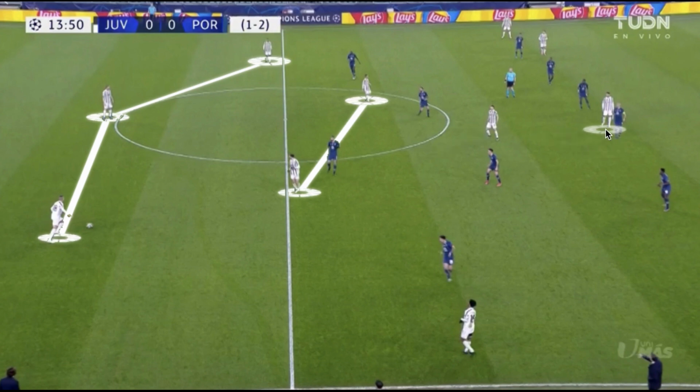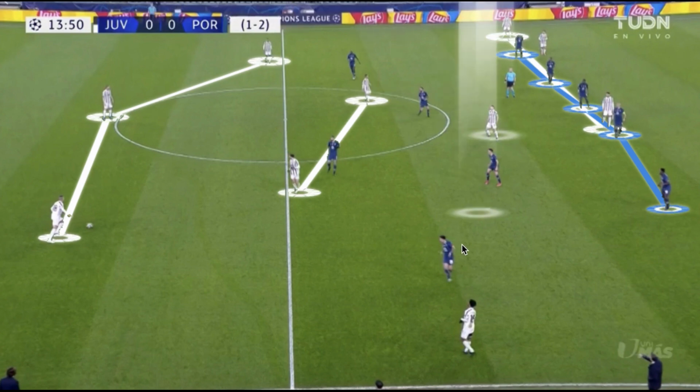We have our two forwards, oftentimes using asymmetry and off-centered, as well as players often running in behind and more players occupying the defensive line from Porto, forcing them to use more players in their last line of defense to accommodate for Juventus's forward play and their high level of players in the last line of their attack,